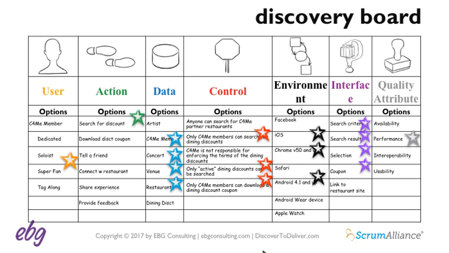All right, so the team on the discovery board lists these 4 possible quality attributes, and they decide that performance is the one that's going to be really important. And they will need to identify for the search results what that performance criteria is. For example, that it will display or begin to display the search results within 3 seconds of confirming the search criteria.